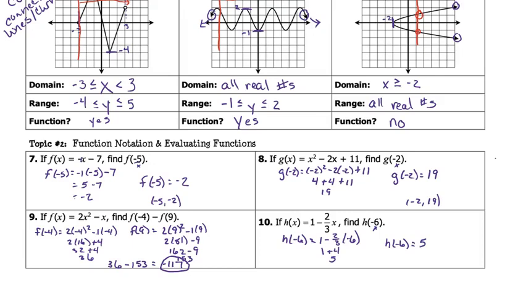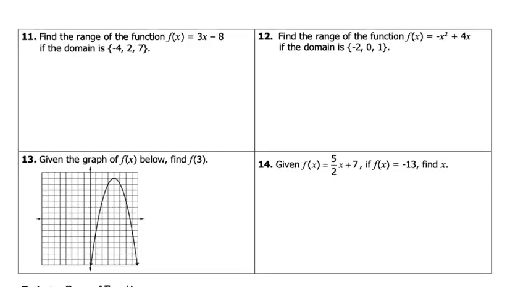Okay, so that would be evaluating when we've been given x. So let's go ahead and flip our page. Okay, number 11: find the range of the function f of x equals 3x minus 8 if the domain is negative 4, 2, and 7. Okay, so what they've done here is they've given us 3 different values of x,